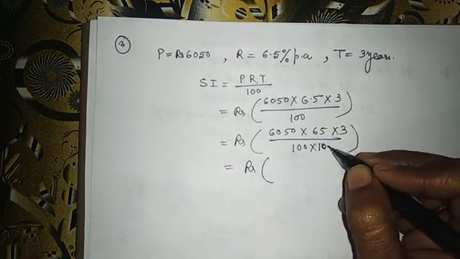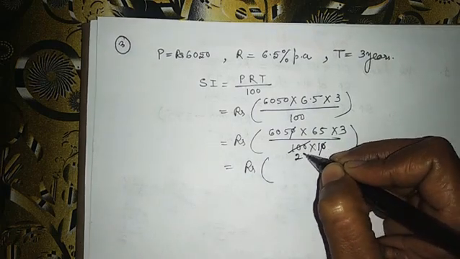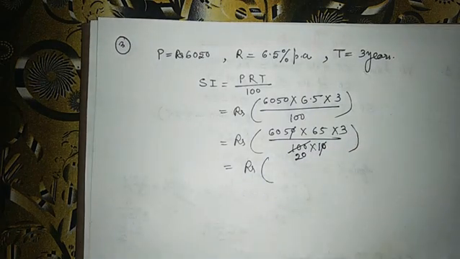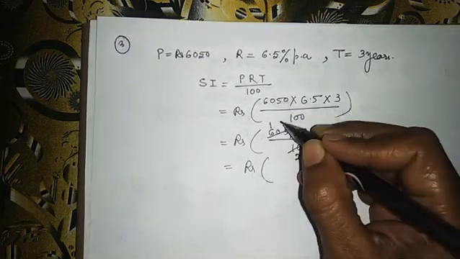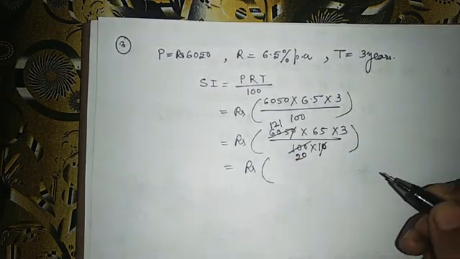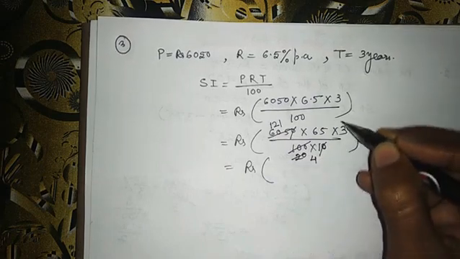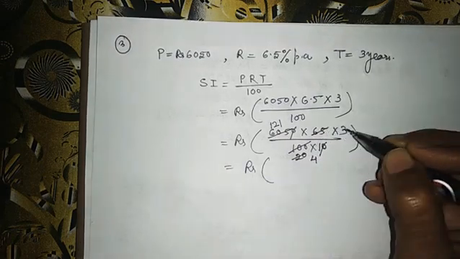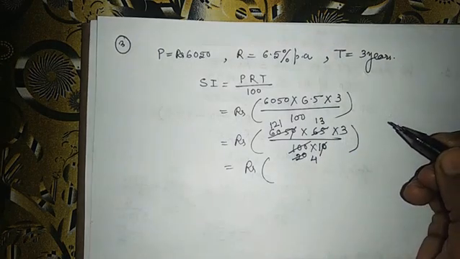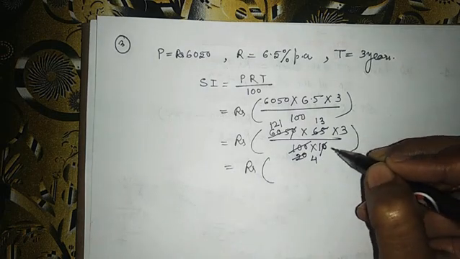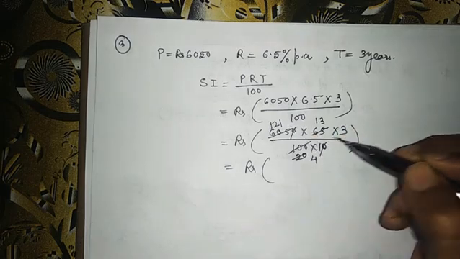For this 0 and this 0 we can cancel. 5 twos are 10, and 0. Clear? And here 5 ones are 5, 5 twos are 10, and 5 ones are 5. Now 5 fours are 20, and this 65 we will reduce by the table of 5. 5 ones are 5, 5 thirteens are 65. Now you can see we cannot reduce 3 upon 4, 13 upon 4 and 121 upon 4.